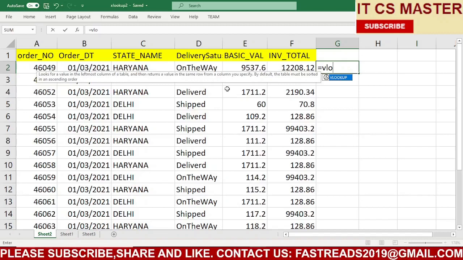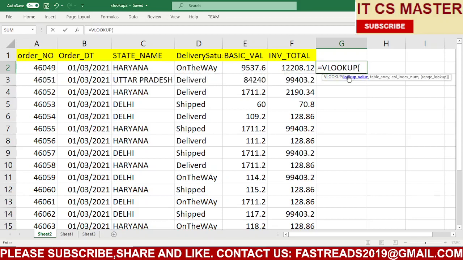Suppose you want your order status, like when you have ordered from Flipkart, Amazon, or any other shopping site. You click on your order, and you can see all the status of your order. Similarly, we will see it with VLOOKUP, so let's see how we will use it.